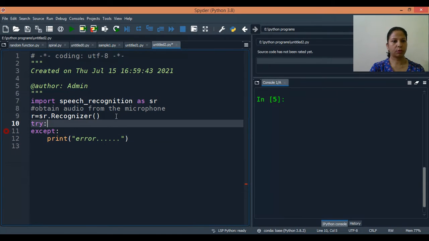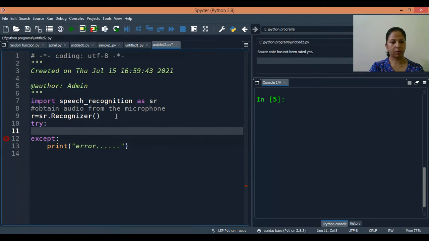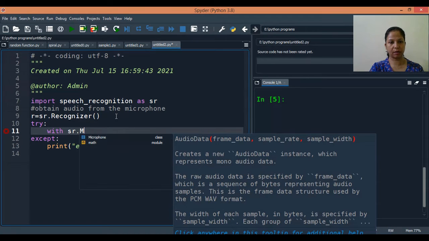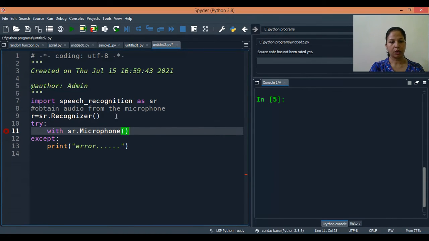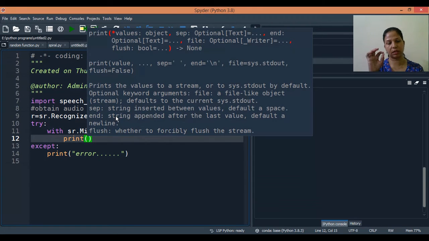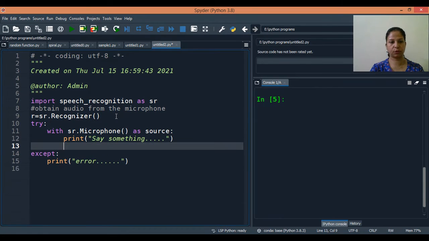Inside this try I'll use with sr dot Microphone as the source. For me to know that it is time to speak, I'll print say something. This way I'll come to know that I have to speak now.